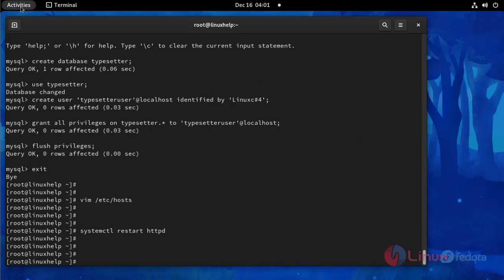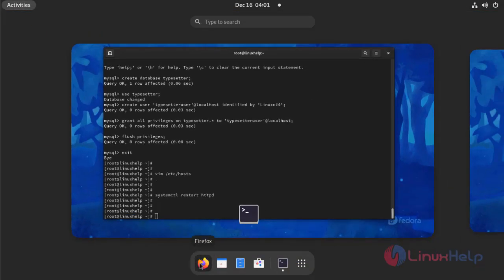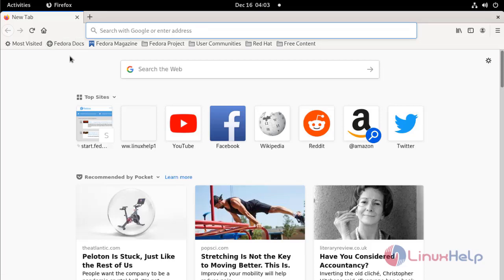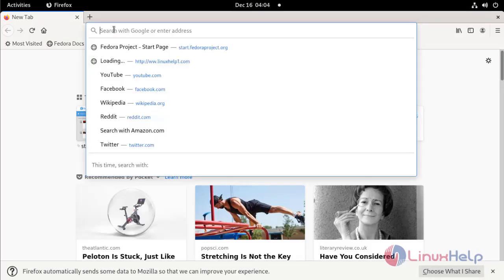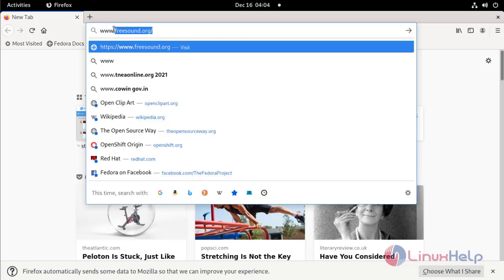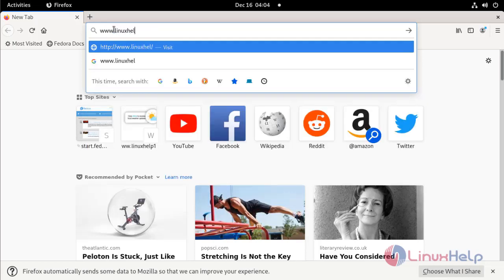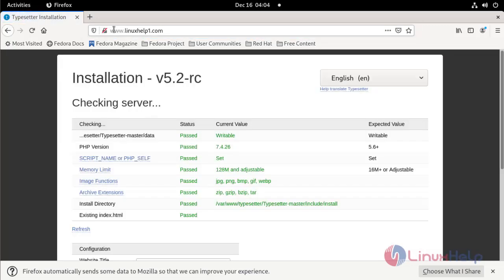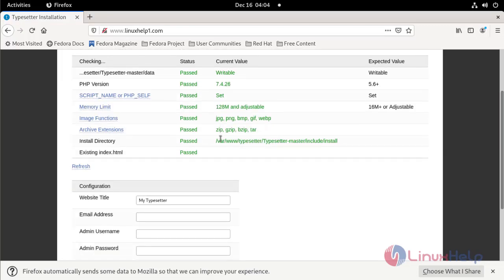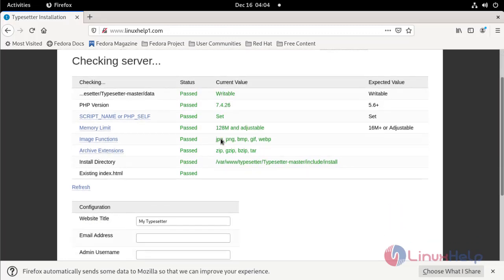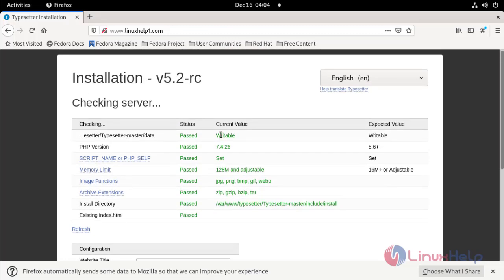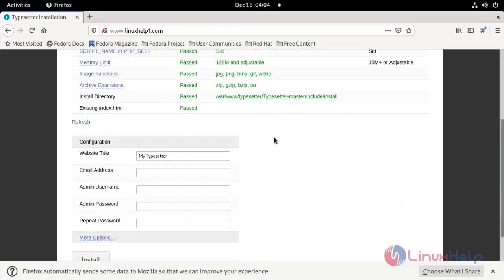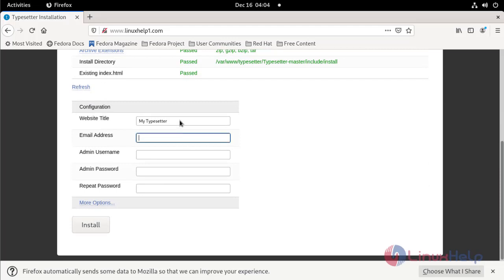Then go to the browser. Here you can search your domain. See here, this is the database detail for Typesetter CMS. Here you can enter your